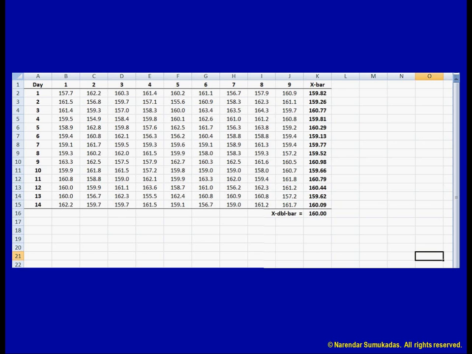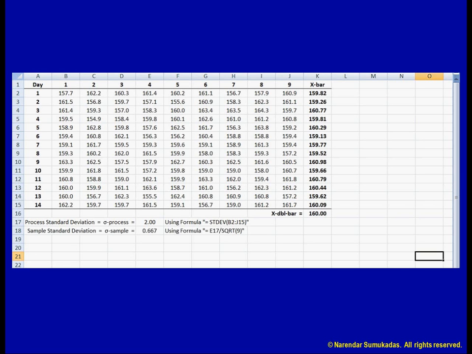Next, I calculate the process standard deviation, sigma process, which works out to 2.0 degrees. I use that value to calculate the sampling standard deviation, sigma sample, which works out to 0.667 degree. Note here how I got my sample size. I have 14 samples, but that is the number of samples, not the sample size. If I look at each sample, how big is it? Each sample contains 9 observations, so the size of each sample is 9. Based on this sigma sample, I can calculate the LCL and UCL of the Xbar chart to be 158 degrees